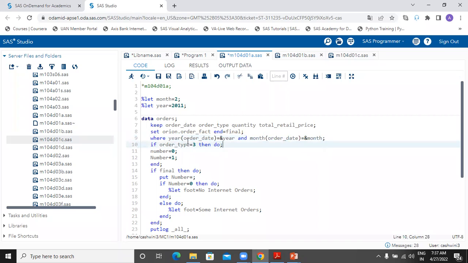So of course we are going to get the information only for the month 2 and the year 2011. So it's already going to subset your data. And accordingly, what are we doing? We are building a logic that